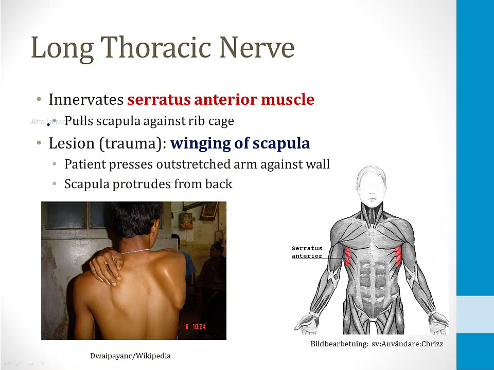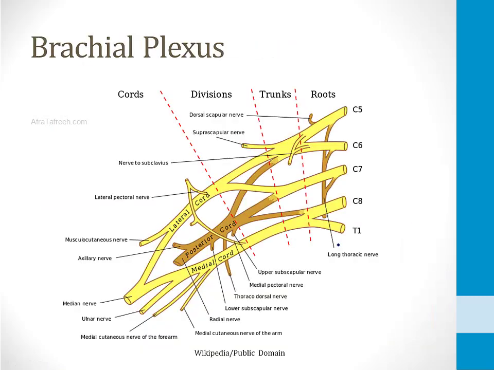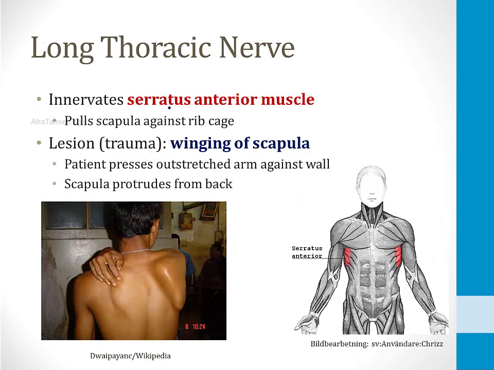I'll finish with this slide on the long thoracic nerve. If we go back to this slide, this is the long thoracic nerve. It derives innervation from C5, C6, and C7, and you can see that it comes off very early in the brachial plexus before the development of trunks, divisions, and cords. The main thing to know about this nerve is that it innervates the serratus anterior muscle, which pulls the scapula against the rib cage. This is a picture of the serratus anterior shown in the bottom right side of the